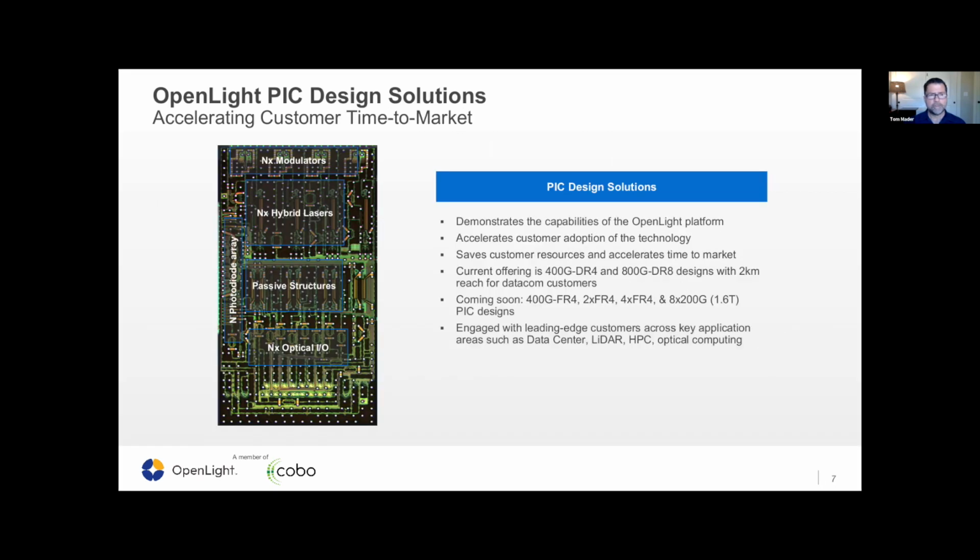Okay, OpenLight PIC design solutions. This is something we didn't set out to do. We're not selling PICs. That is not our business. We offer a PDK, and we would like you to design your solutions here to do anything you'd like to do. However, we've found that to accelerate the market, we have done some designs, and we actually have a 400